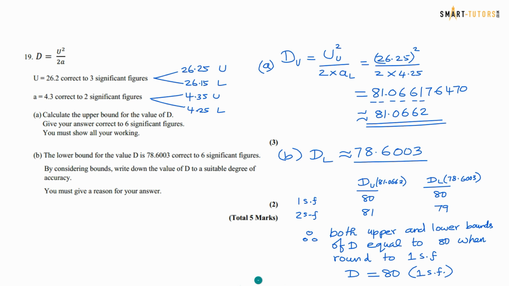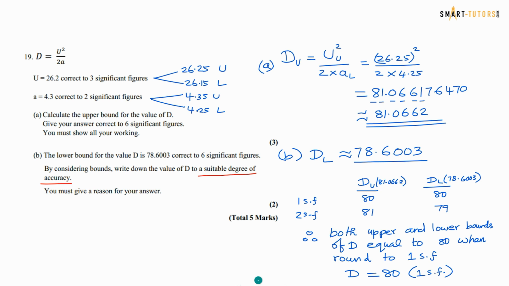B part, the lower bound of d is given as 78.6003. Now they are asking for the suitable degree of accuracy. What is the answer for d and what is the accuracy? So how to do this question is, you write the d upper bound answer, 81.0662, and d's lower bound,